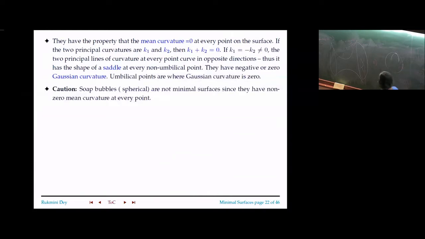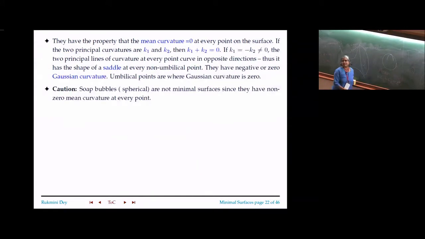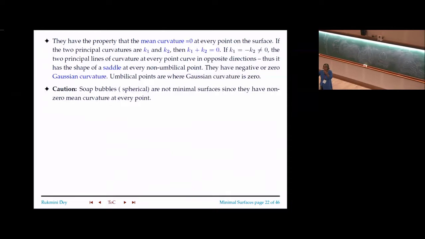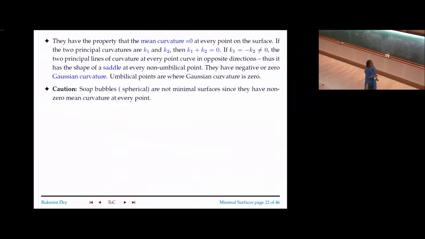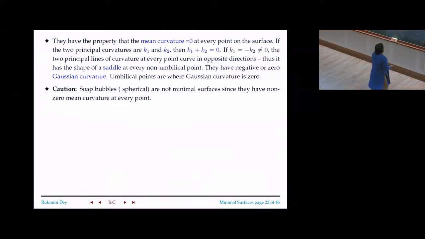Mean curvature was K1 plus K2. And for minimal surfaces, this K1 plus K2 is 0. That means the principal directions of curvature, when K1 and K2 are not identically 0, I mean at a point, if K1 and K2 are not 0, then they are opposite of each other. K1 is minus K2. Okay. K1 is minus K2, and that means